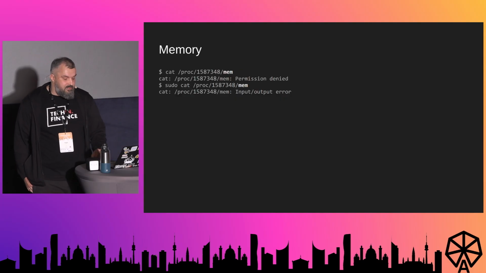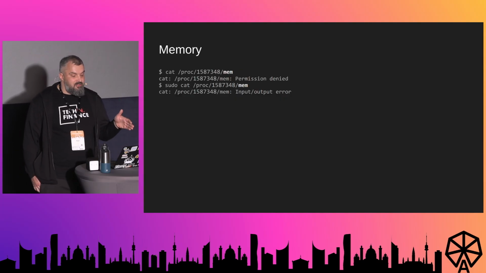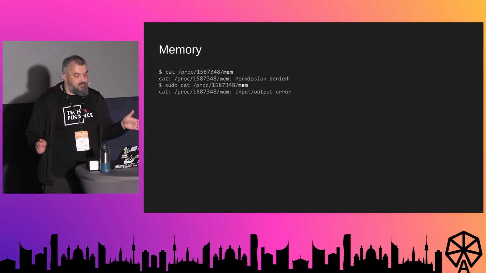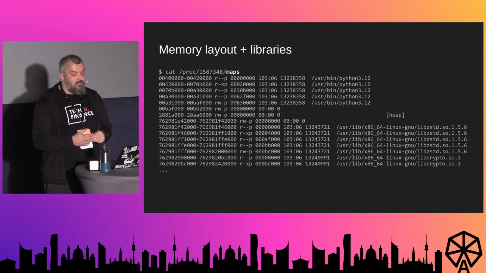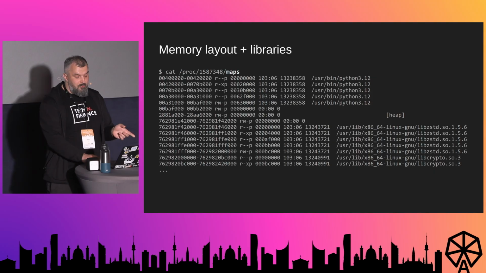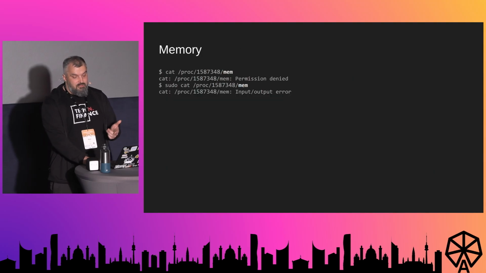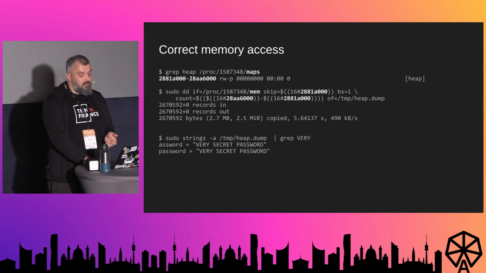The reason for that is that this mem file represents the whole 64-bit address space. However, in the maps file, we can see that not the whole of this address range is used. So what we get with using cat, we access unassigned memory of the process. So if we really want to access memory through this file, what we have to do,